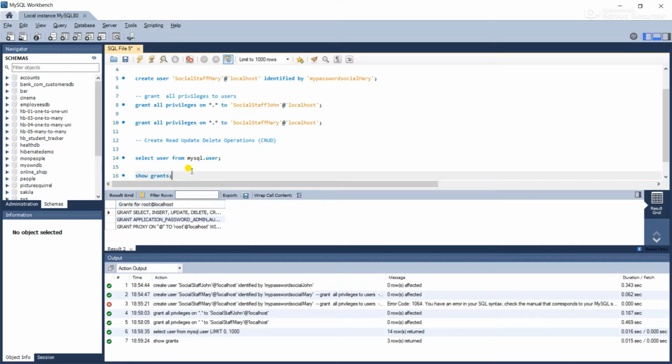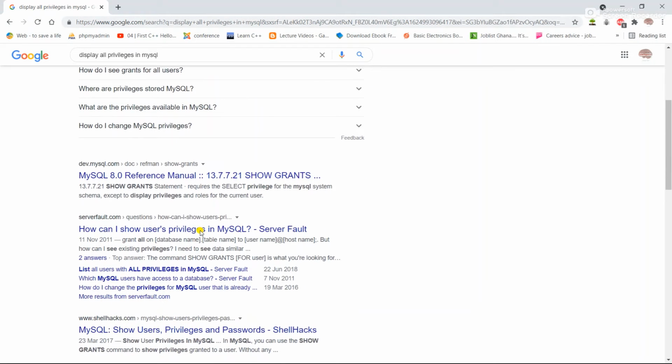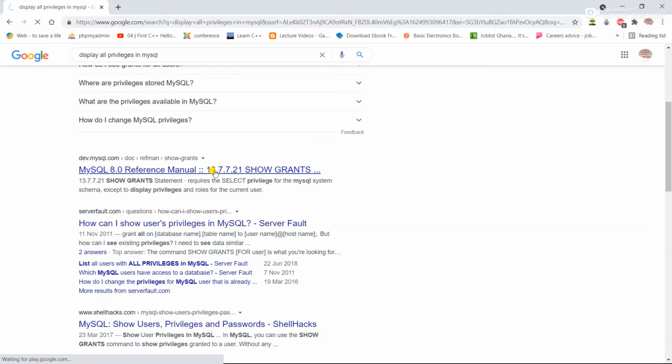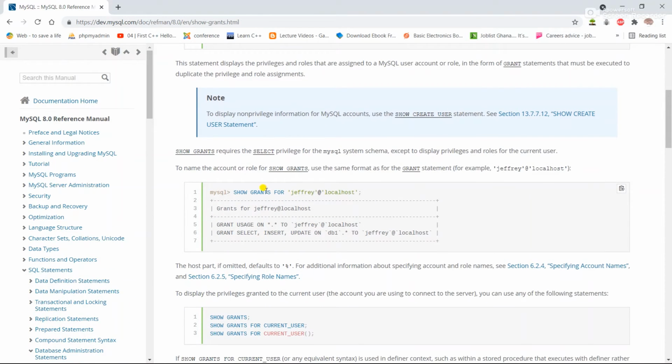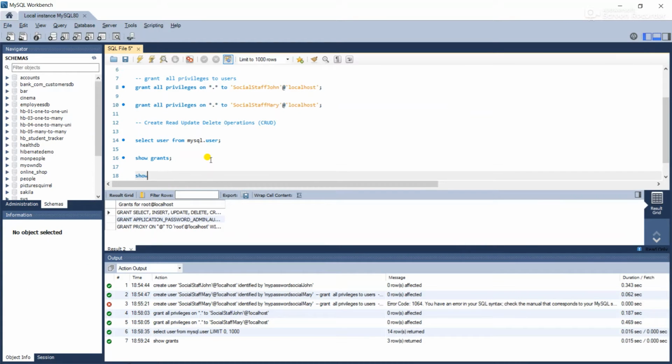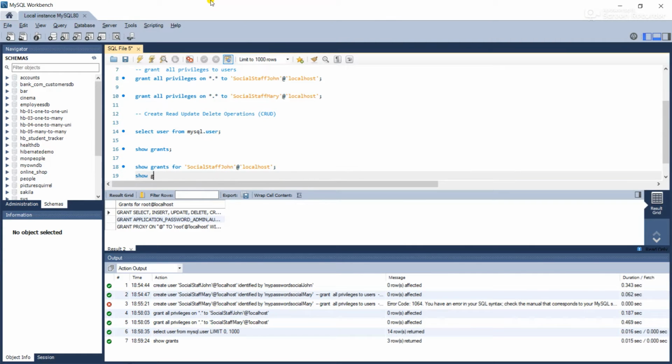This is for the root and localhost, but let's be more specific. Yeah, so show grants for Jeffrey and show grants for the other person. So show grants for social staff John, localhost. Show grants for